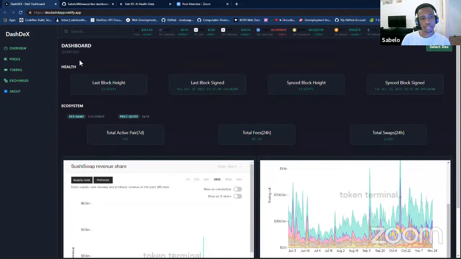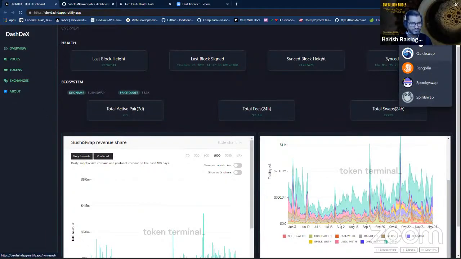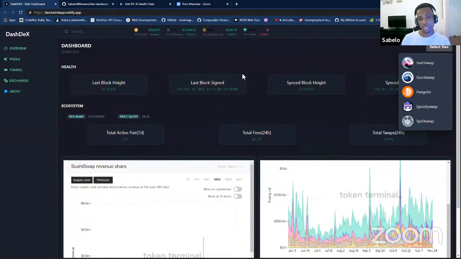And you'll notice that when you click this button, it will show you the different DEXes. When I was reading the description, they said we need to make it a DEX dashboard, for people to be able to view the tokens, the pools, and all the health states, the blockchain and the last block height. So I said, let me try and put all the DEXes on this dashboard.